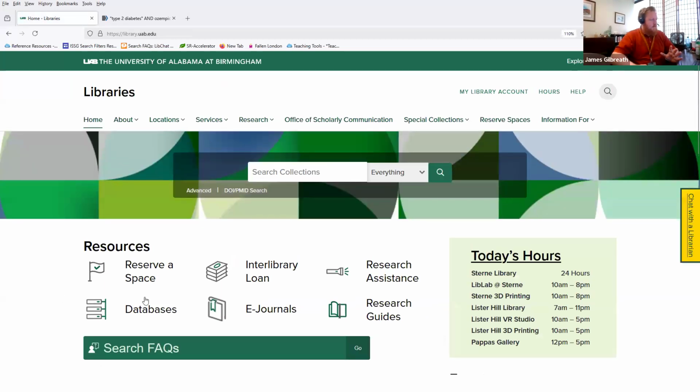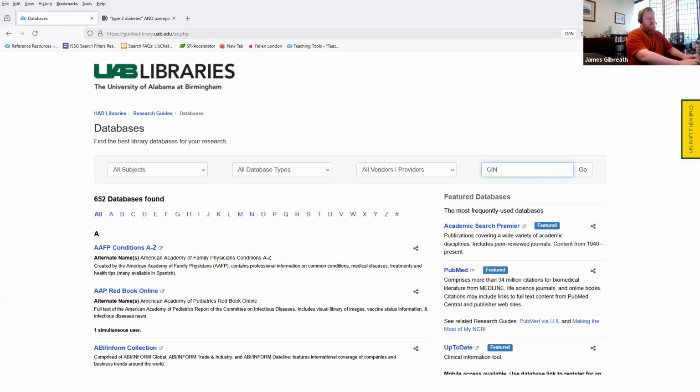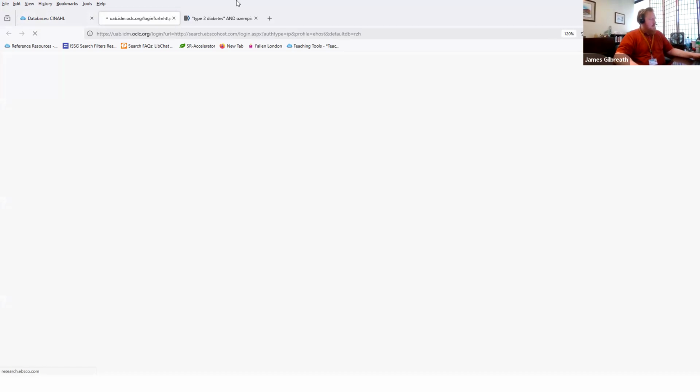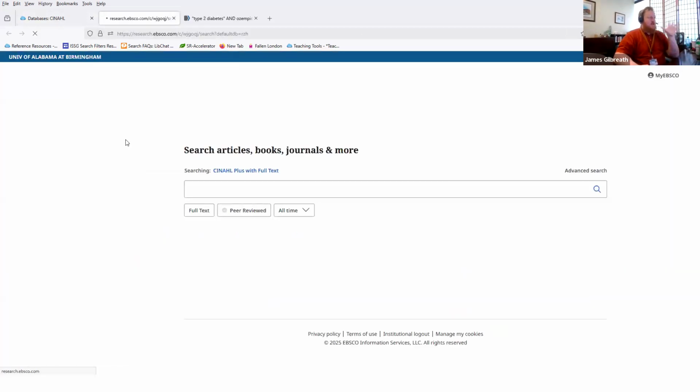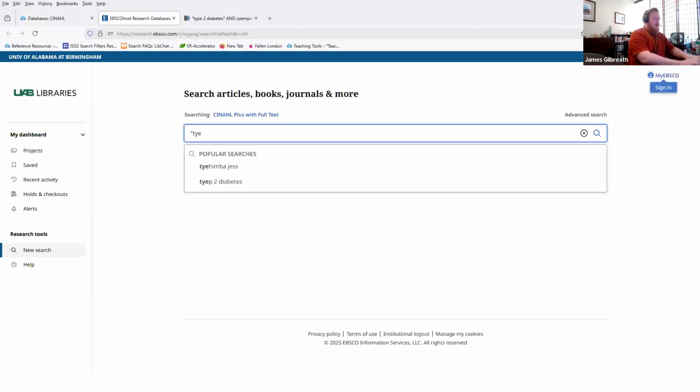So again, on the library's website, I'm going to go to databases. I'm going to search for CINAHL. So at the very end of last year, EBSCO rolled out a new search interface for the EBSCOhost platform. So I'm going to search for